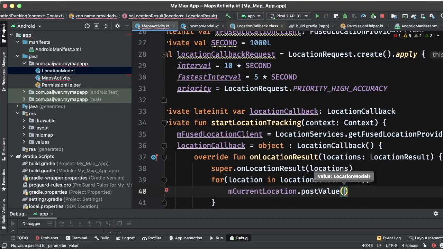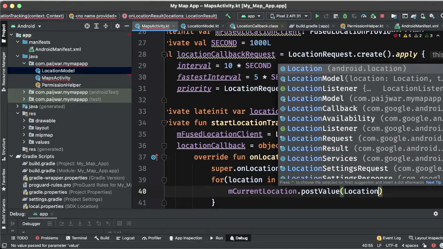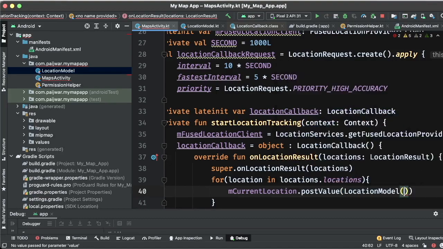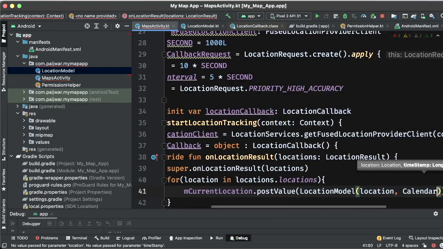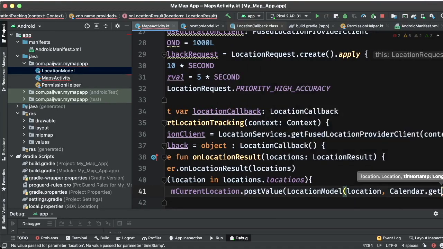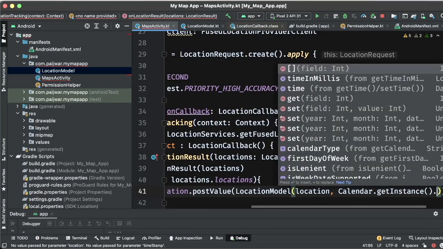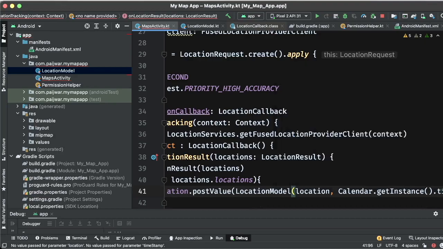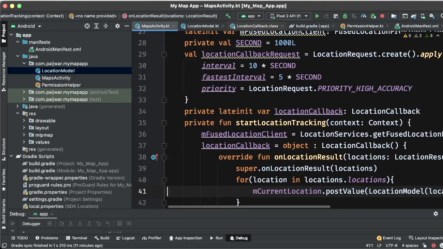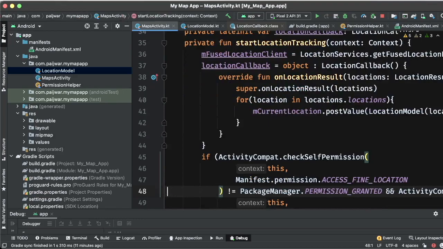So value, the first one is the location model. So I will say LocationModel, what it takes is a location and Calendar.getInstance. Why am I taking this? I want to take the current timestamp. This is what we got.